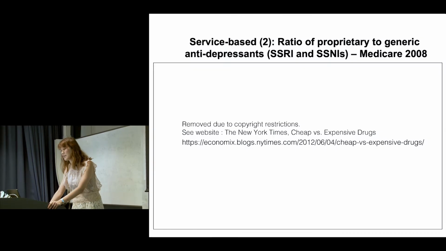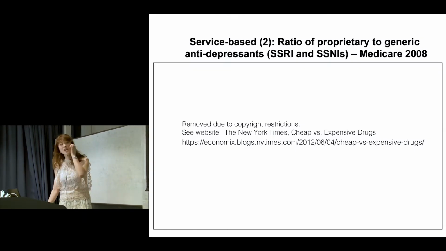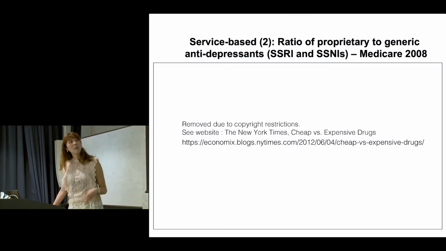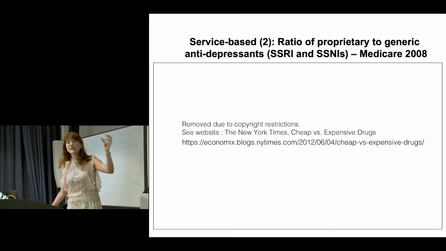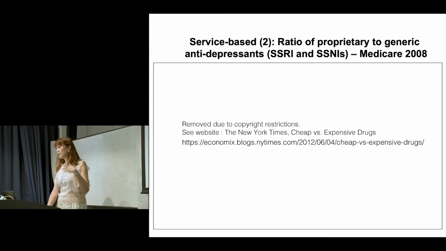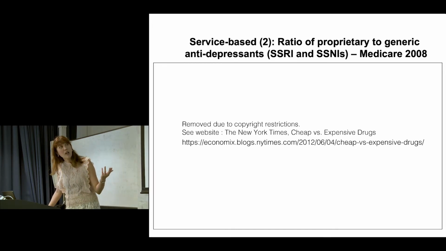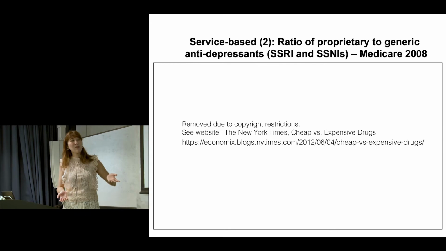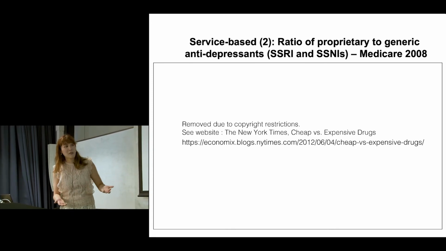It's quite dramatic there. This is another service-based example where we're looking at districts of the states. And this is about the ratio of using a branded version of a drug outside patent or a generic version when the generic version is available. And you can see here, there's huge variation, isn't there? But this is probably a bit more obvious if you're looking at it from a healthcare perspective.